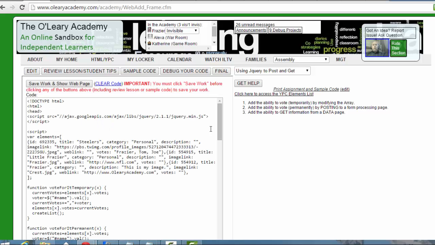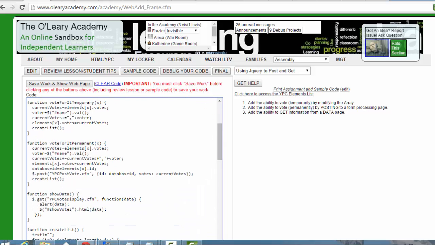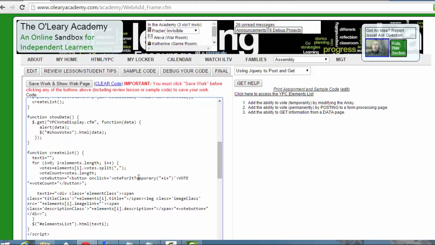And the way we're going to make that permanent, we're going to switch from vote for it temporary, and I've already created something called vote for it permanent. So I'm going to change this to vote for it permanent. And we're doing basically the same